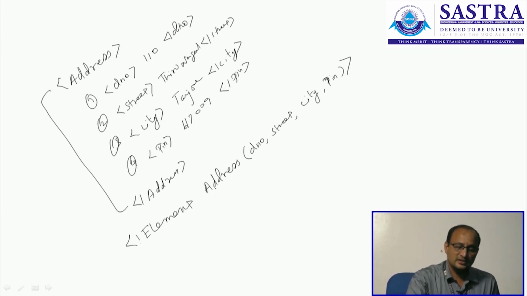So address. After making this statement, which element can be written first? There is no restriction to provide a definition about all the elements. No need to have any order for this. Definition should be there in your document type definition file. It may be anywhere, but the definition should be there. After this element address, next I can define even street